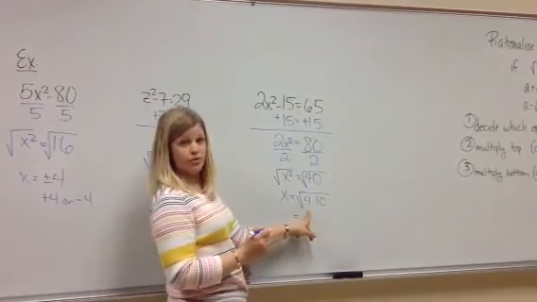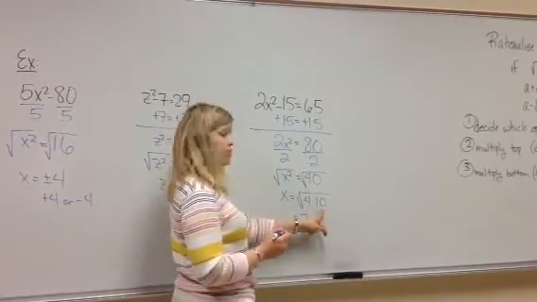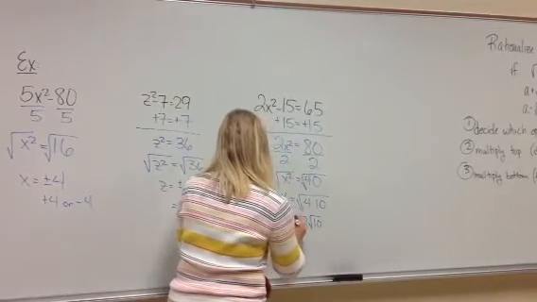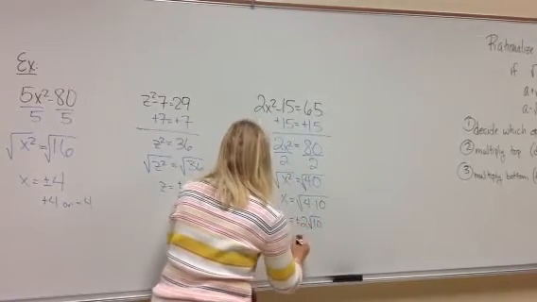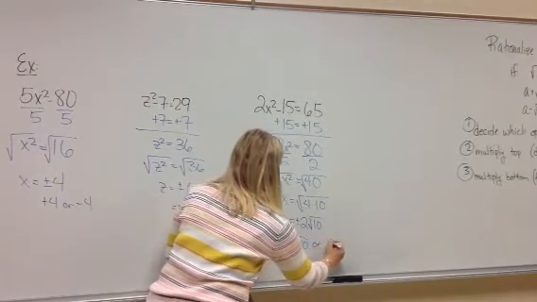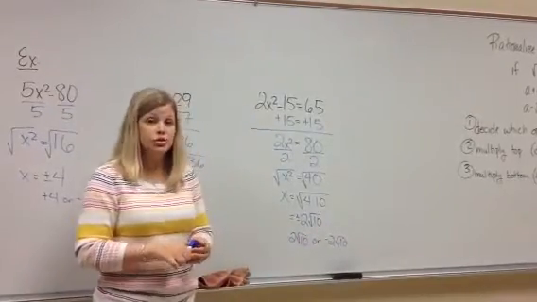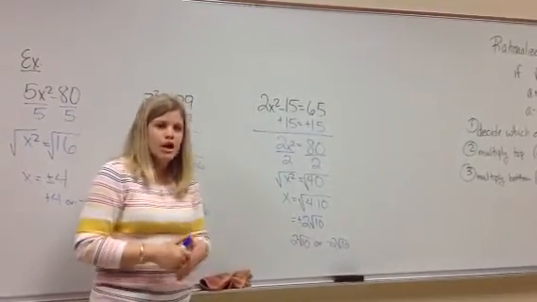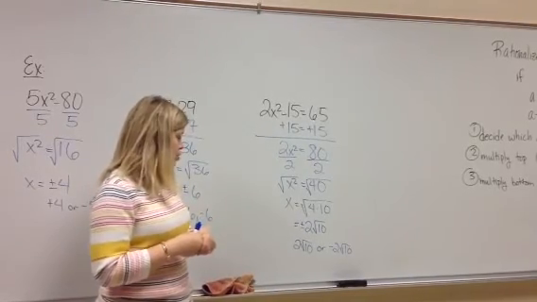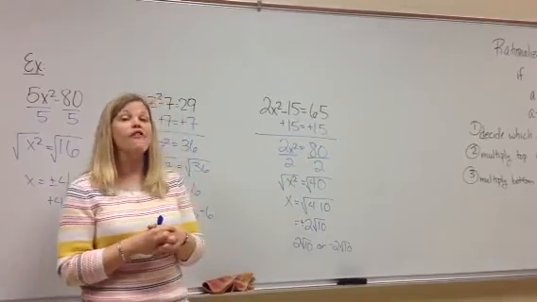Can you take the square root of 4? Yes, so we write the 2 out in front. Can you take the square root of 10? Nope, so that stays underneath. And remember, it's plus or minus. So your answers are positive 2 square roots of 10 or negative 2 square roots of 10. Those are your possible solutions, your zeros, where it crosses the x-axis, lots of different ways to say it. Okay? You are now finally